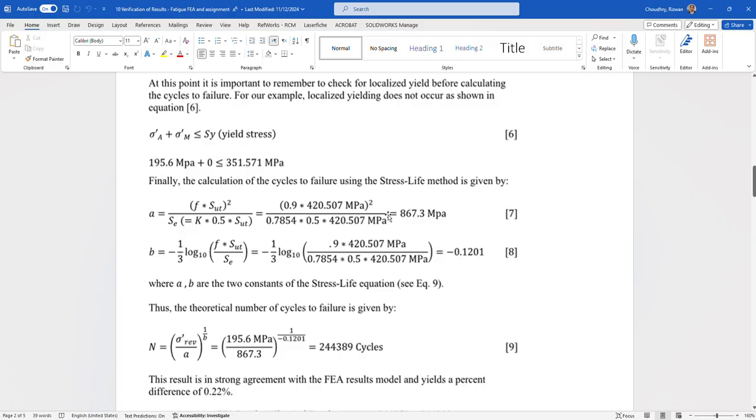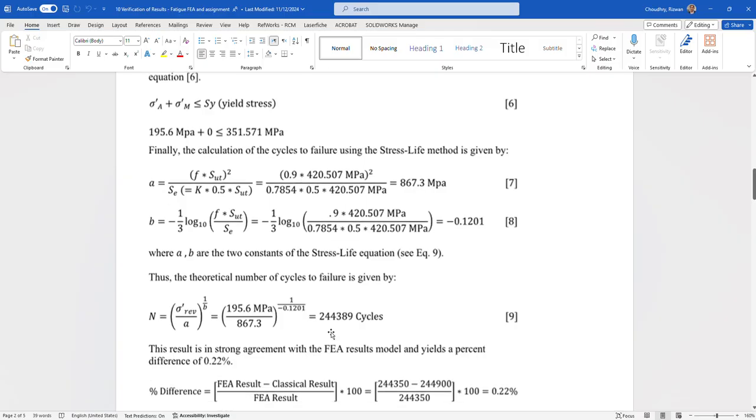With that, the value of the constant A comes out to be 867.3 megapascals, and the value of the constant B will be minus 1 by 3 log base 10 of f into SUT divided by the endurance limit, basically SE, which is given as K into 0.5 SUT. Once you have this number, which is minus 0.1201, you can read the number of cycles simply as the alternating stress, 195.6, divided by A, which is 867.3, raised to the power 1 over minus 0.1201, and this comes out to be